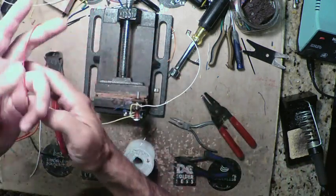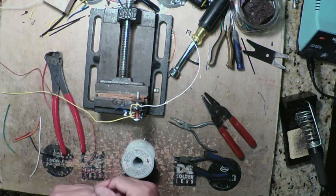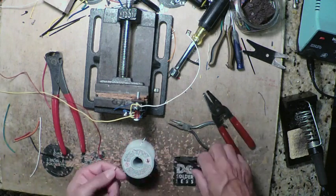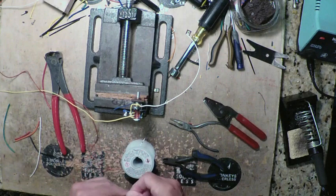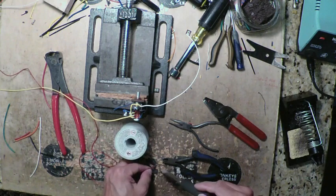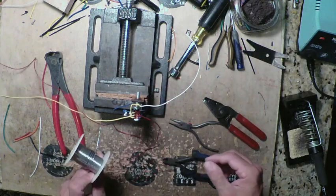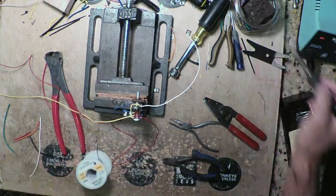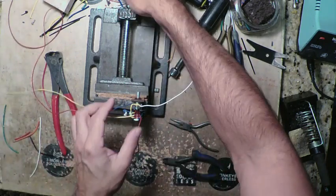Now I'm going to grab some red. Now, excuse me, that's actually going to the phase inverter. This is going back to that junction. Just trim off that. Okay. So I'm going to leave these uncut for right now, and I'm going to just pull this out of the